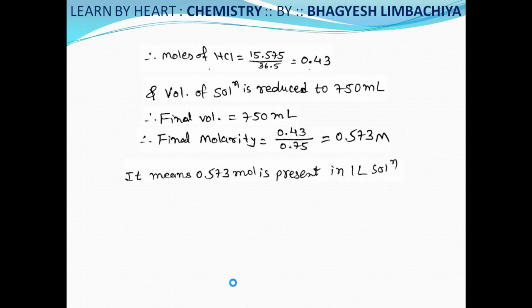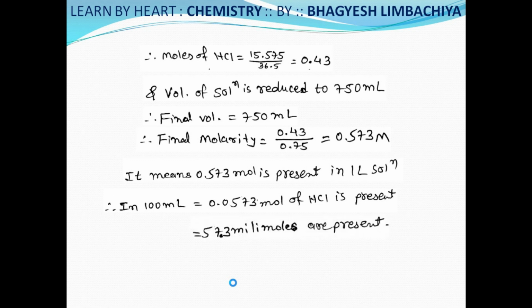It means 0.573 mole is present in 1 liter solution. So you are asked in 100 ml how many moles are dissolved. So it will be 0.0573 mole. So 57.3 millimoles are present, and this is our answer. Next,